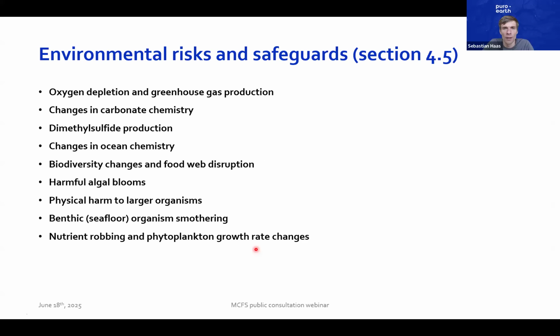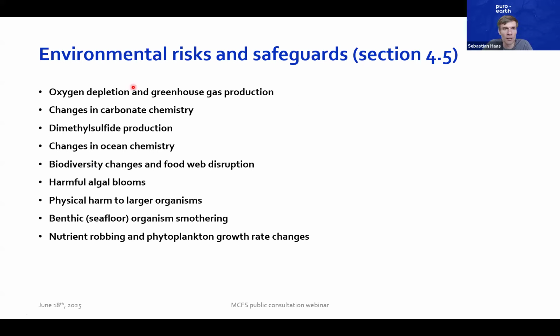And as far as environmental risks from this technology go, we addressed this wide range of potential risks that is listed here, which actually corresponds to subheadings in section 4.5 of the methodology. You're welcome to read into any of these. I will try to pick out a few of these and explain what they are about and give a sense of the types of requirements that we are setting to avoid, minimize, and mitigate, and also assess these risks.